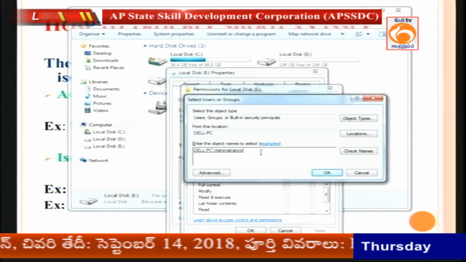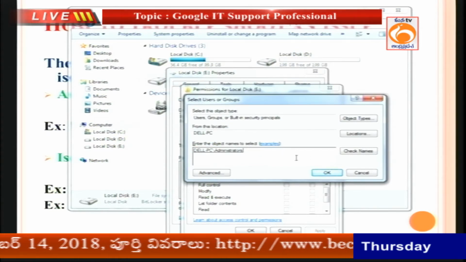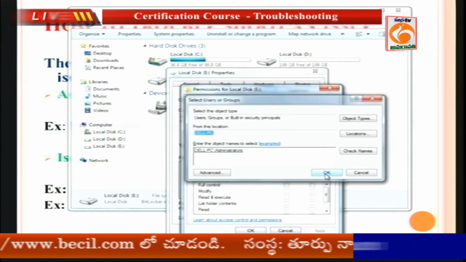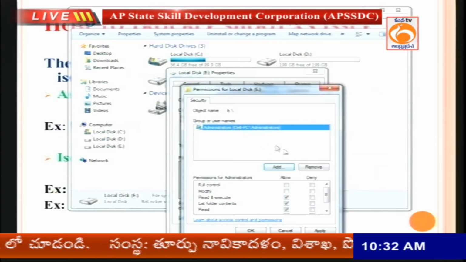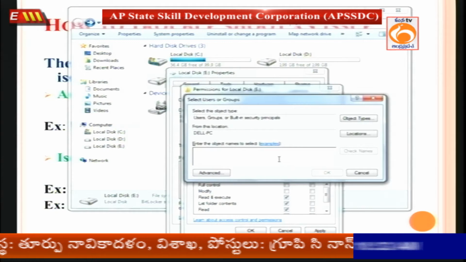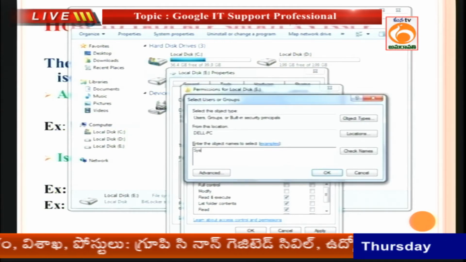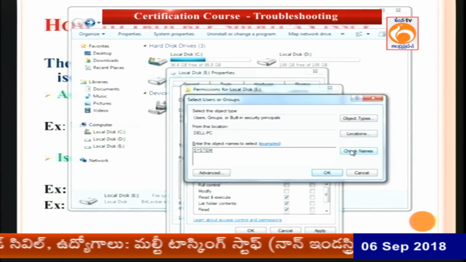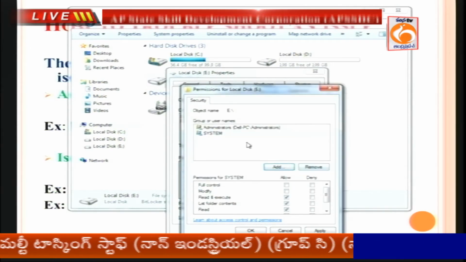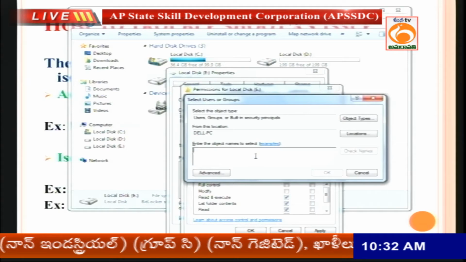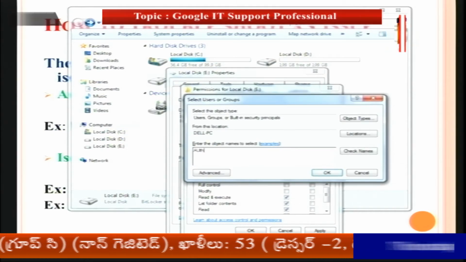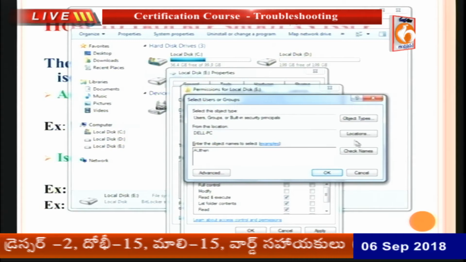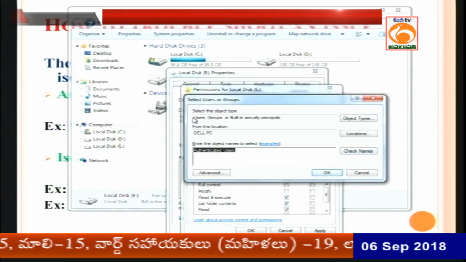I added one authorized user in the permission list of this drive. That authorized user is administrators of this computer. One authorized user group is added, and later I need to add one more authorized user group, that is system users. It's identified, click on check names, identified, click on OK. And I need to add one more, authenticated users. Type authenticated, click on check names, authenticated